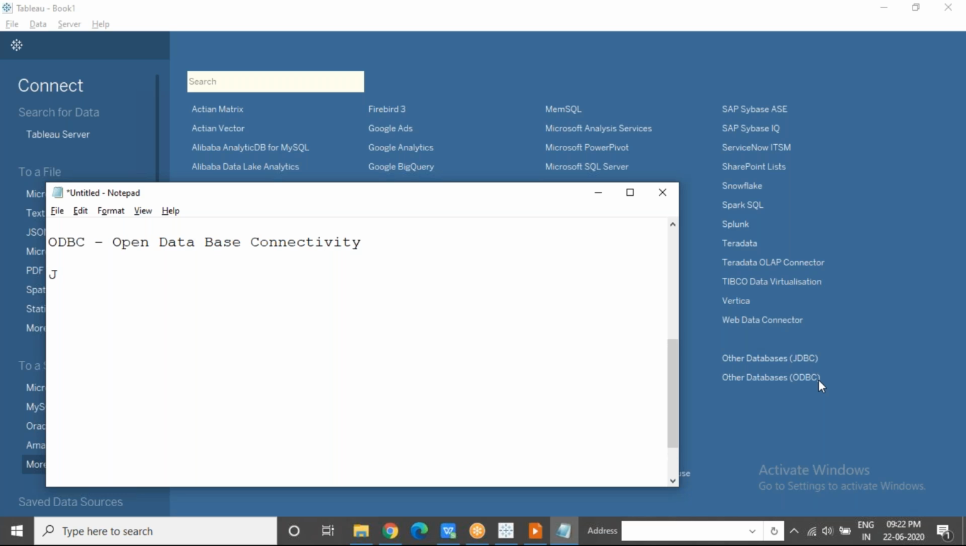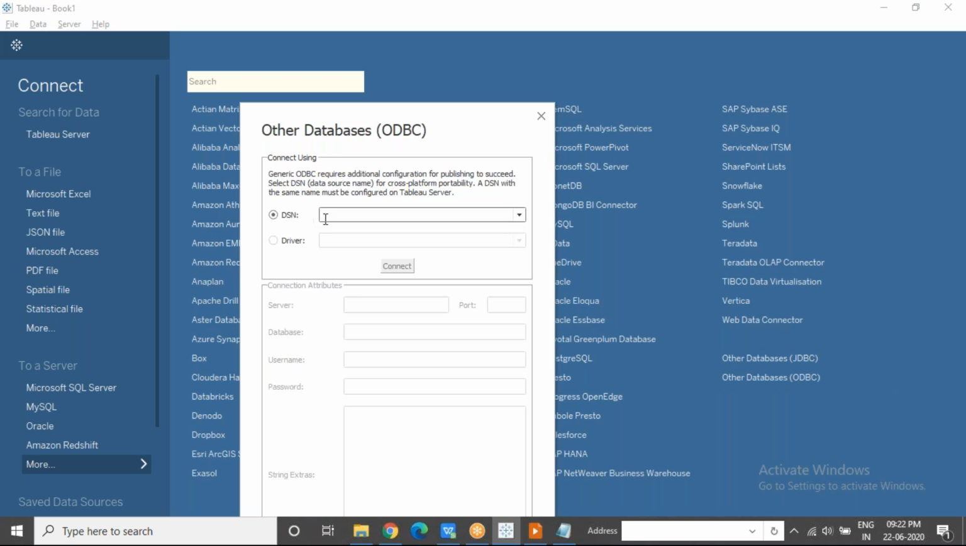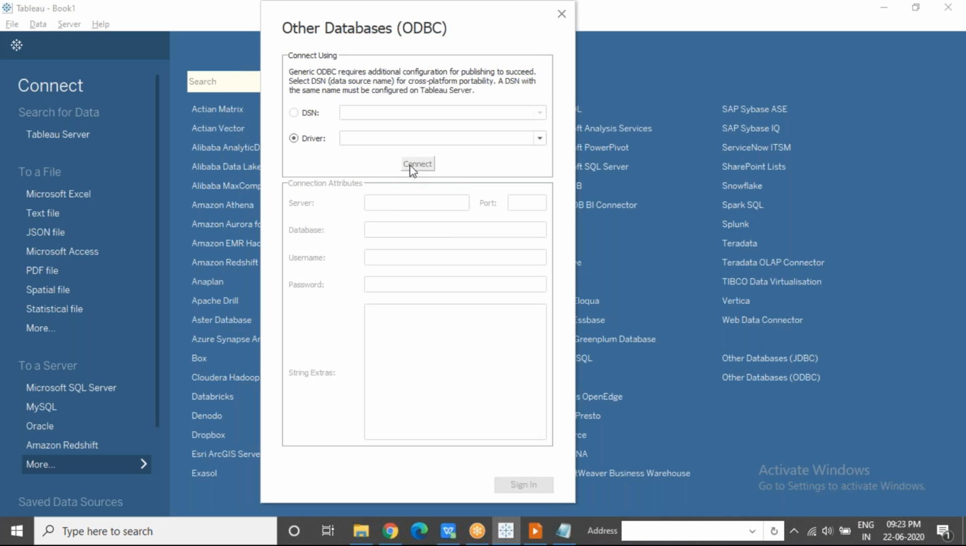And there is also JDBC, which is Java Database Connectivity. So if your database is built on a Java platform, you can try JDBC. If your database is something else generic, then you can try ODBC, by providing the name of the data source or the name of the driver and then authenticating yourself with the valid login credentials. If you are able to sign into that data source,